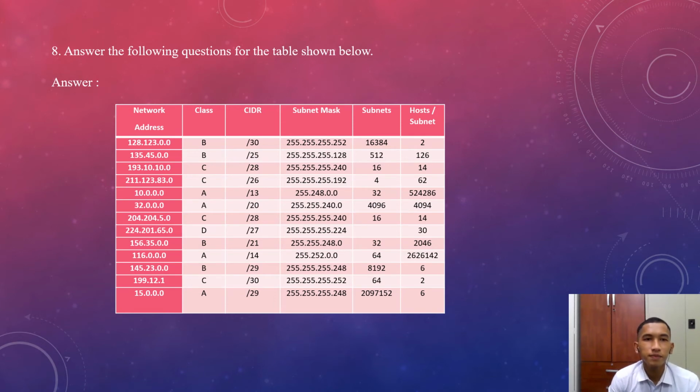Question number 8: answer the following question for the table shown below. The question given is the network address. The network addresses are 128.123.0.0, 135.45.0.0, 193.10.10.0, 211.123.83.0, 10.10.0.0, 32.0.0.0, 204.204.5.0,